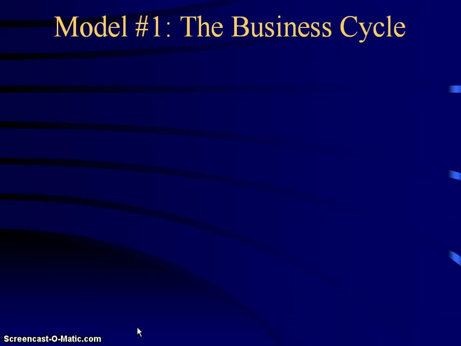There are two models that we're going to learn today that help get us started with macroeconomics and give us a quick understanding of what it's all about. The first is what's called the business cycle. And the business cycle is pretty simple, actually. No big surprise, it's a graph. How else would we do anything in economics? This is our first, by the way, of about 9 or 10 graphs we're going to learn in macro this semester. So you can put a big star next to this one, and we'll get started with it.